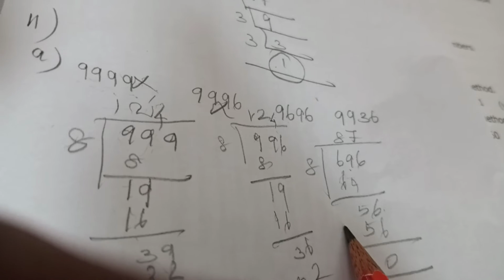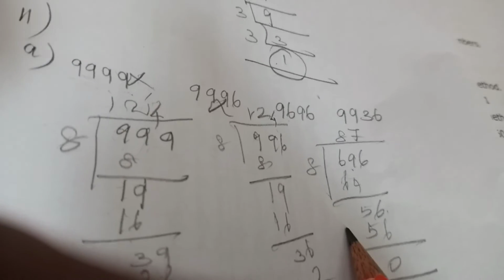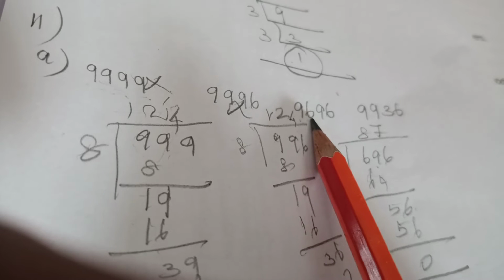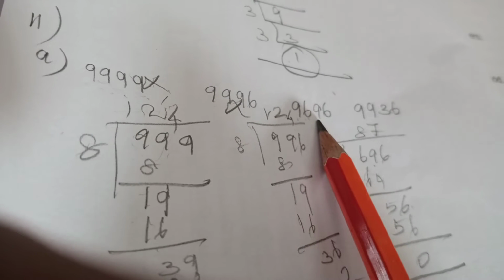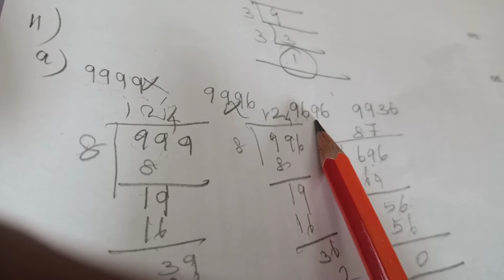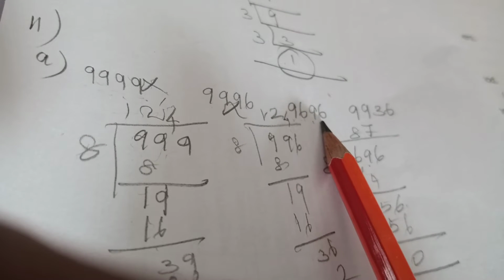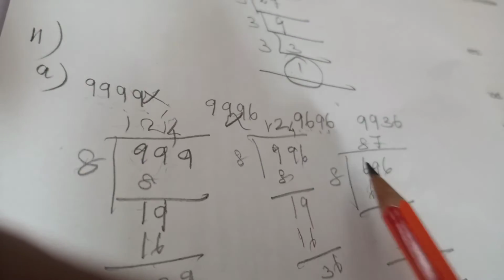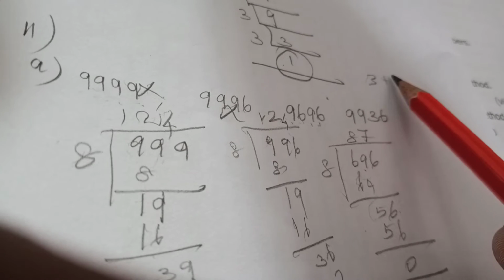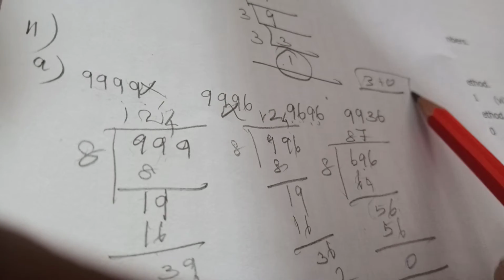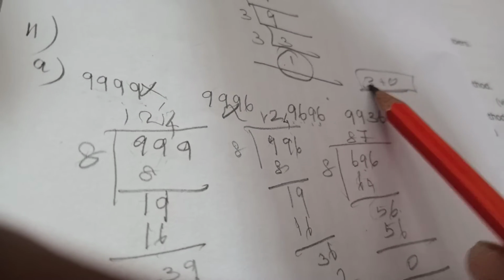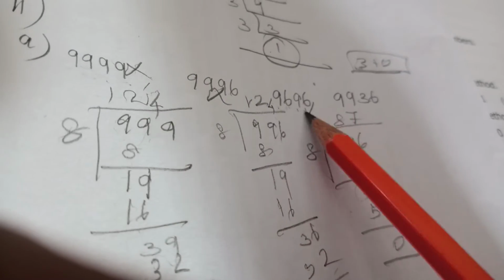Okay. Now next table is what they asked, ninth one. Ninth one means we have to add these digits. 9 plus 6 how much? 15. 15 plus 9 how much? 24. 24 plus 6 how much? 30. So 3 plus 0. So it will not be ninth table because it is multiple of 3 it is. So this also will not be.